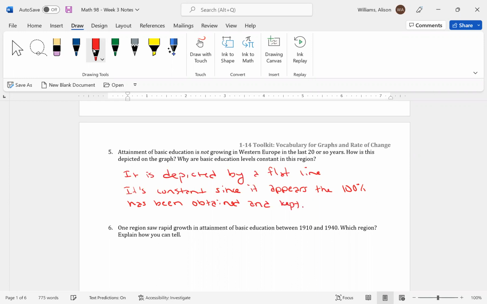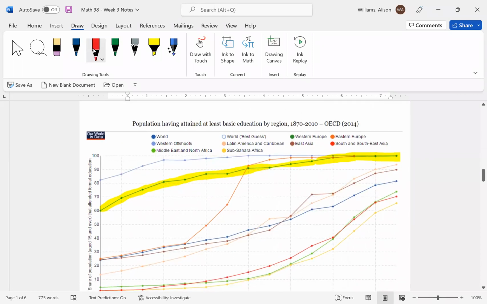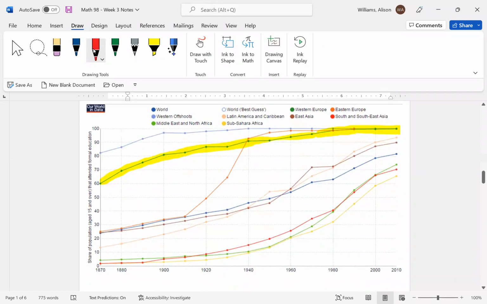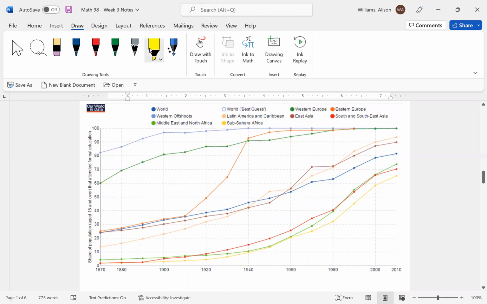All right. One region saw rapid growth and attainment of basic education between 1910 and 1940. Which region? Explain how you can tell. Okay. So looking from 1910 to 1940, and I apologize again for my dog barking in the background. So let's see, you can kind of tell. There is one country or region, I should say, that grows very rapidly, more than any other region, and that's